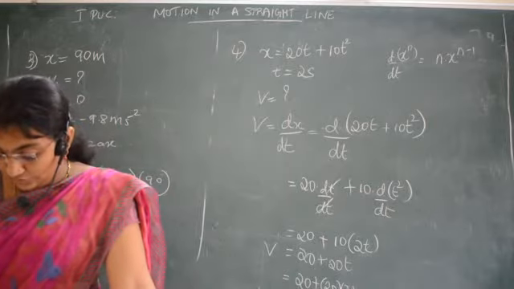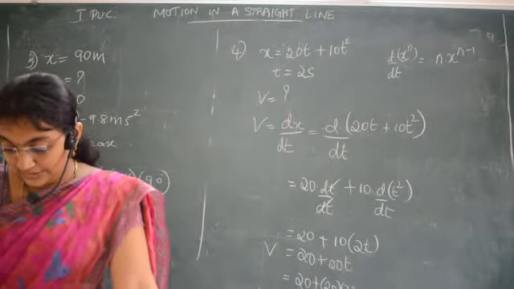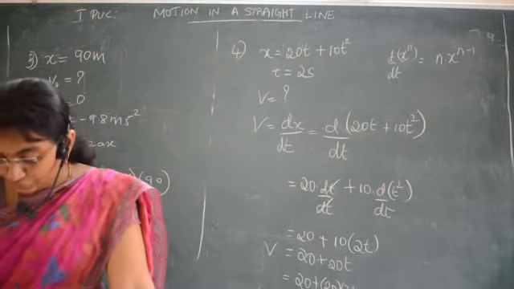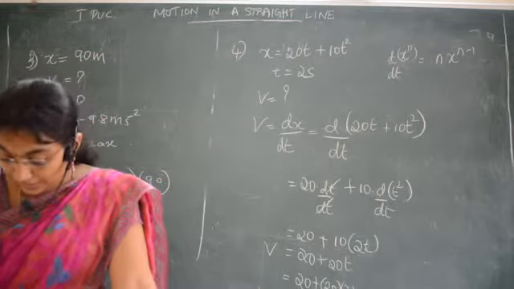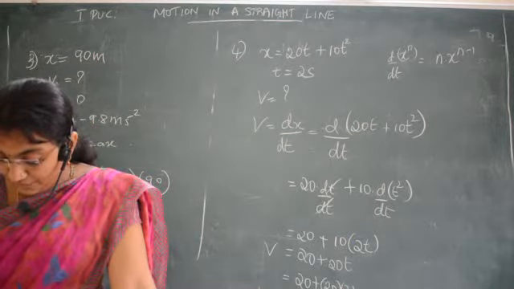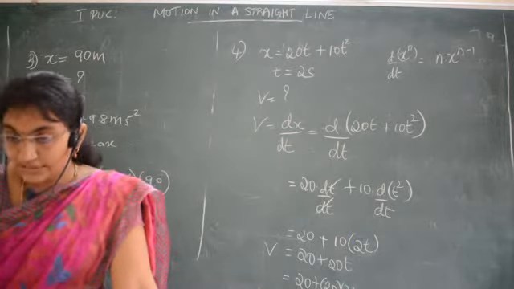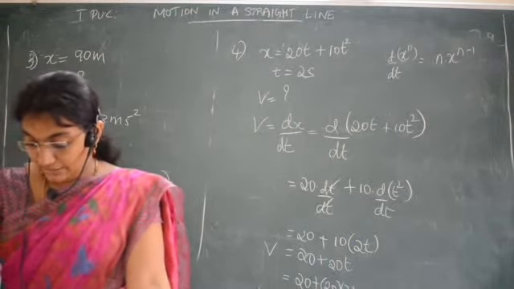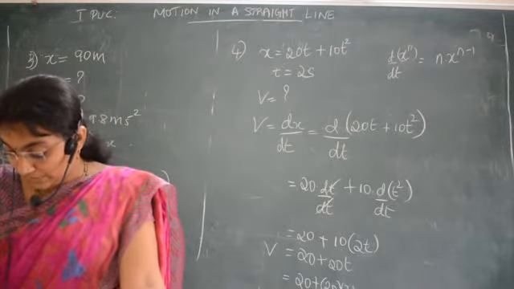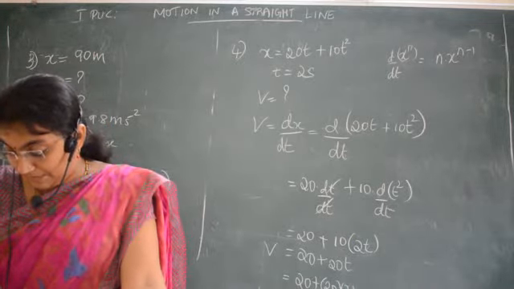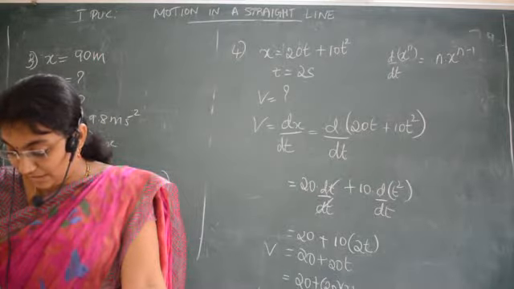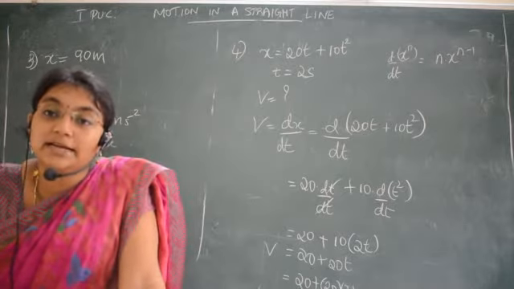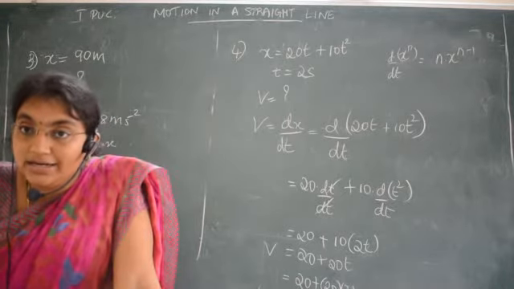Yes. A ball is thrown vertically upwards with its velocity 20 meter per second from the top of a multi-story building. The height of the point from where the ball is thrown is 25 meter from the ground. How high will the ball rise, and how long will it be before the ball hits the ground? Take g is equal to 10 meter per second square. This is the question. Correct?